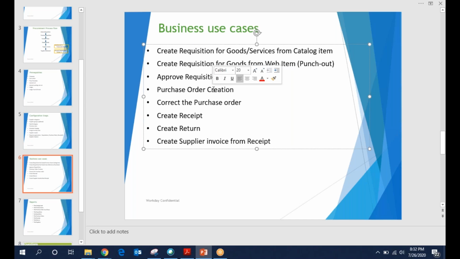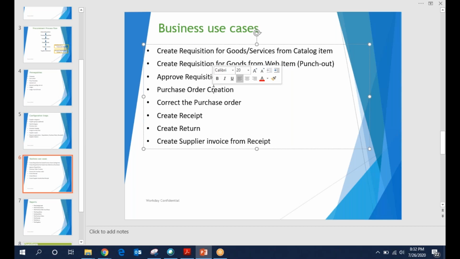Since it is a knowledge share, let me tell you the exact difference between catalog and non-catalog. Usually a company maintains a catalog of daily usable goods like stationery or coffee and tea powders, everyday things they use regularly.